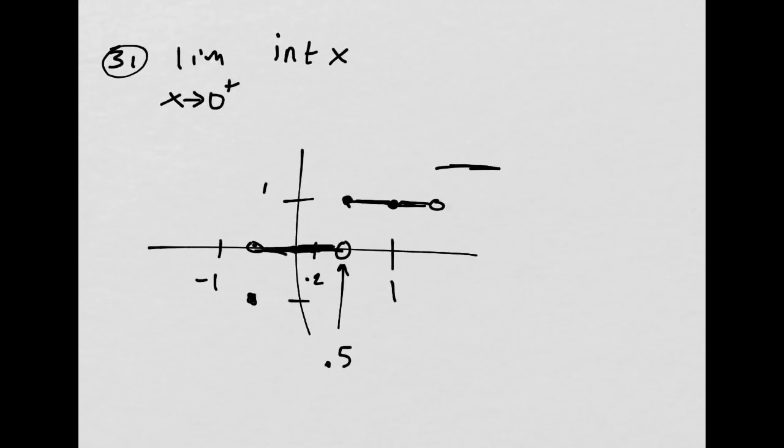We're just approaching 0. We're approaching 0 from the right side. So this goes to 0. Easy. In fact, the same thing happens for